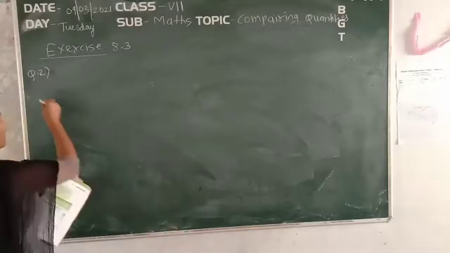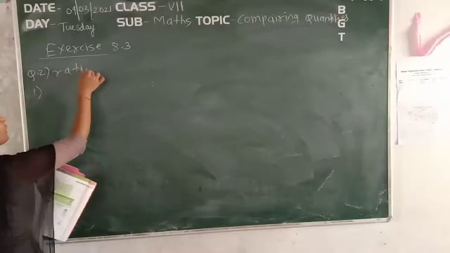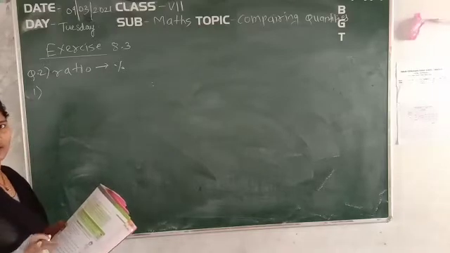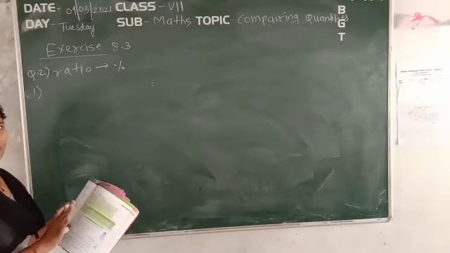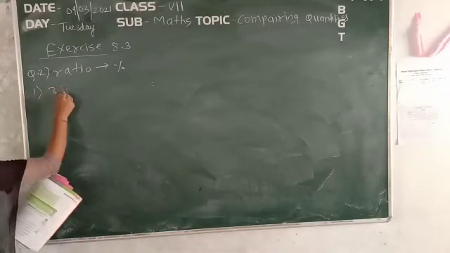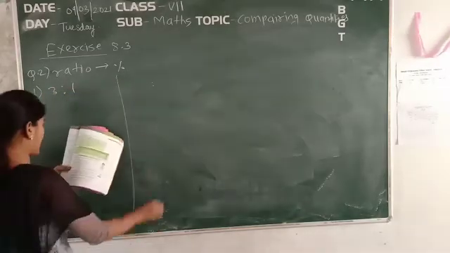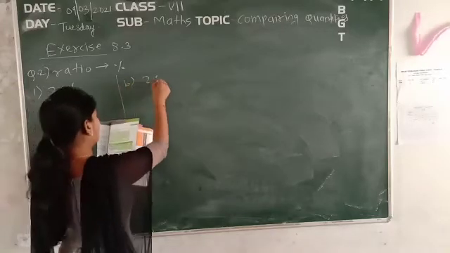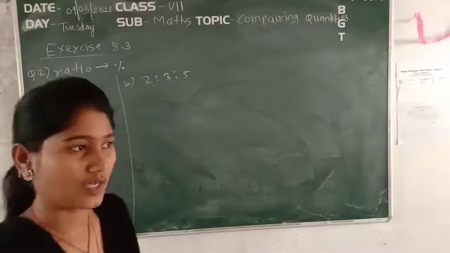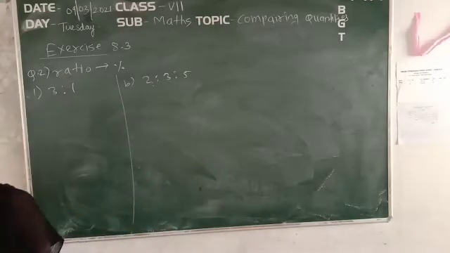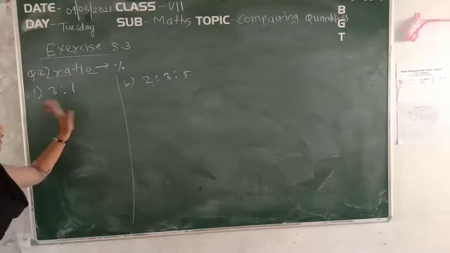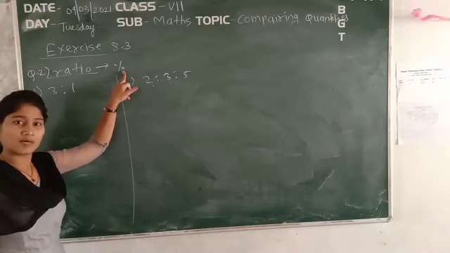Now see here, what you have been given, you have to convert the given ratio into percentage. Now I am just taking shortcuts of the questions, because it will occupy space and time also. So that's why I will directly write down 3:1. Again the second question is B, 2:3:5. Okay, and the remaining two you solve. Okay, so see here, first of all you have been given the ratio, and this ratio you have to convert into percentage.